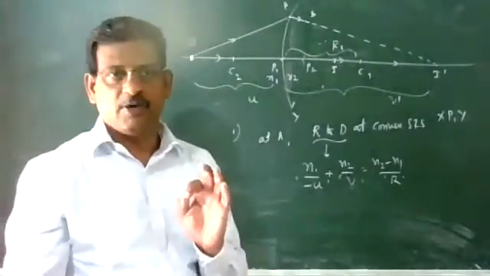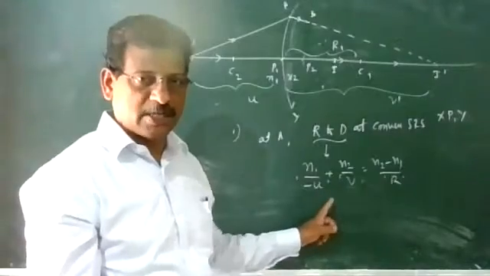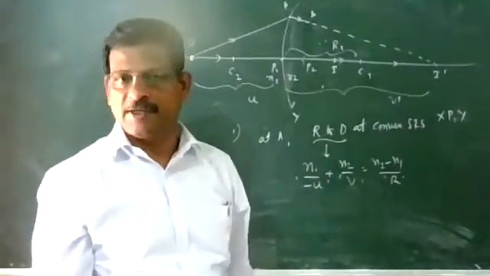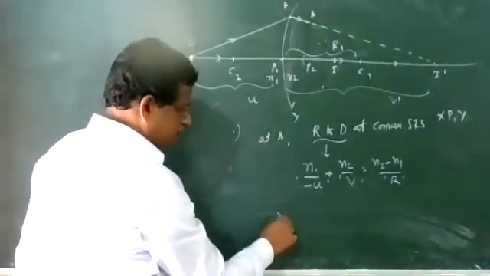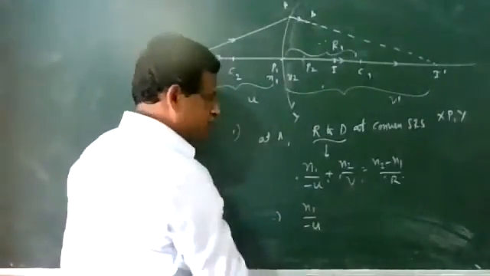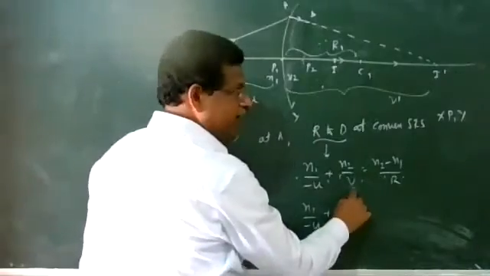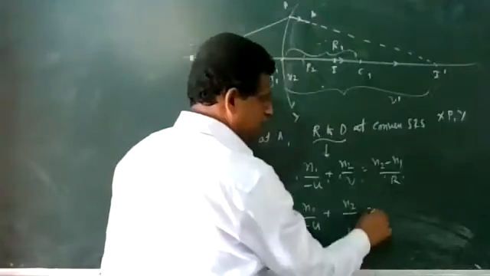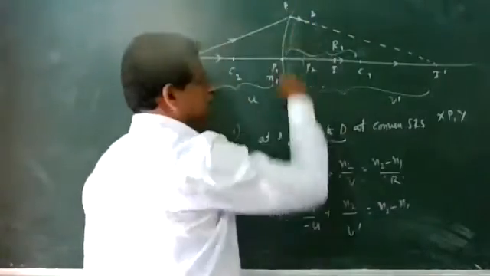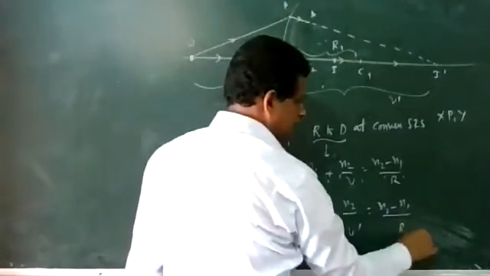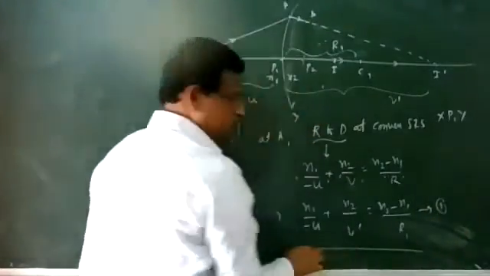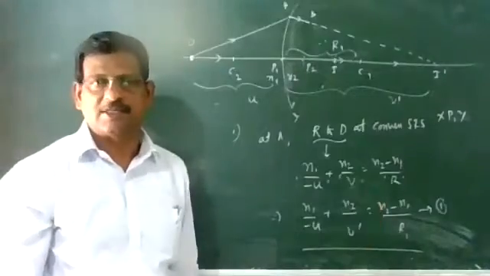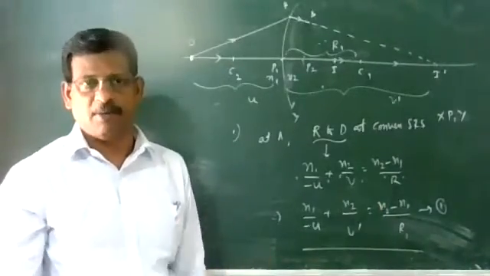Here we are doing U. If it is U, you write U itself. B, what is the representation? That you write. There is no sign convention, there is no need of putting signs again. So this equation becomes now n1 upon minus U, and here B dash stands for the image I dash distance, is equal to n2 minus n1 upon R1. This is for the first surface, so the radius of curvature is R1, nothing else, no other signs. So first part is completed.